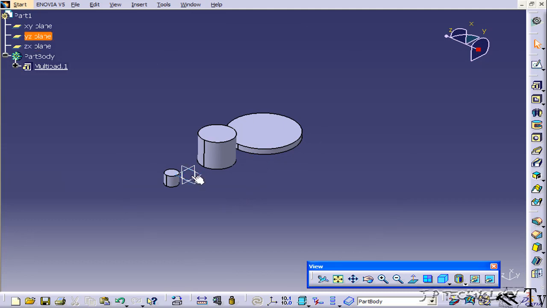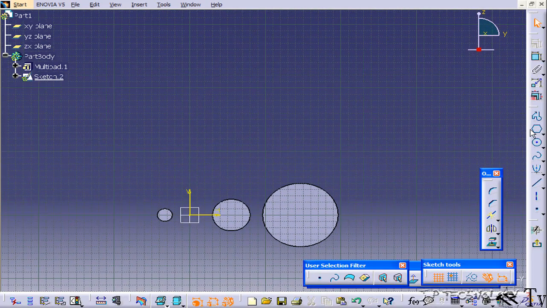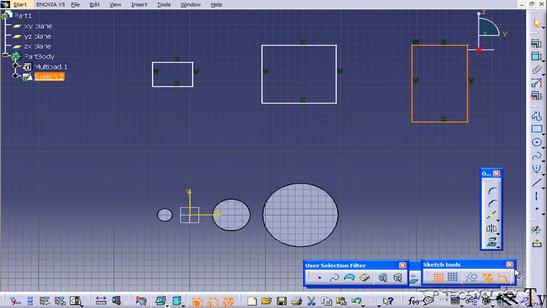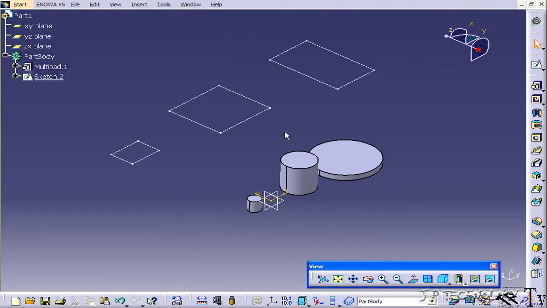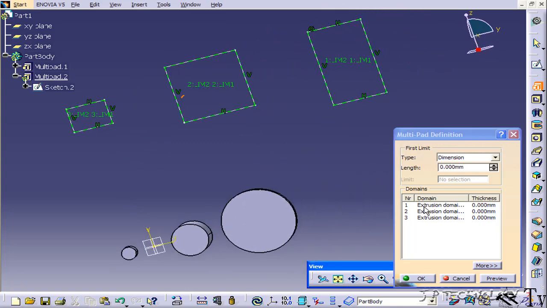Now let's do a few more. So let's click this plane here, click Sketch, and let's do a few squares. So let's draw some squares up here. And let's exit this workbench. And from this sketch, we're going to do some more multi-padding. So let's click multi-pad, click on the sketch, and again we have 3 sketches and 3 different extrusions to play with. So let's click number 1, and like the normal pad,